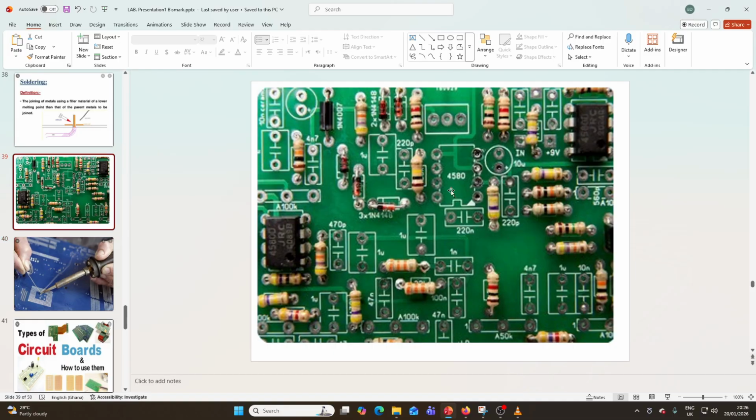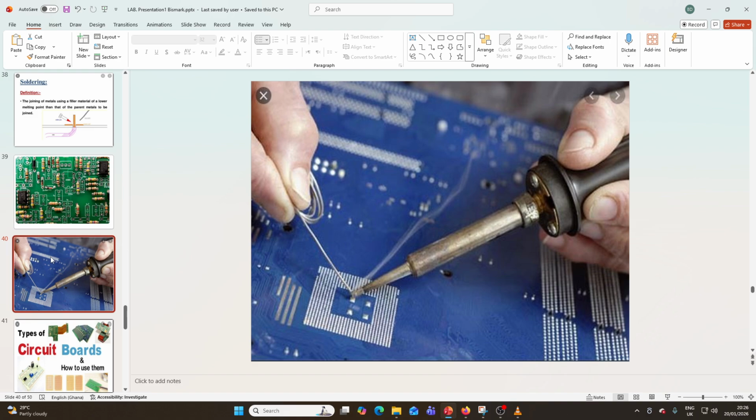So when you look at the PCB board, you can see some components here. So you see resistors, ICs being inserted through a hole. Okay, and then at the back side you can see the components are being soldered, as you can see here.